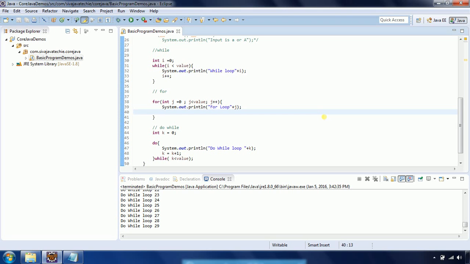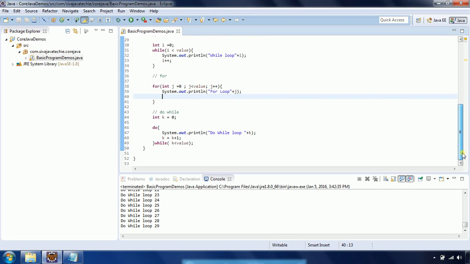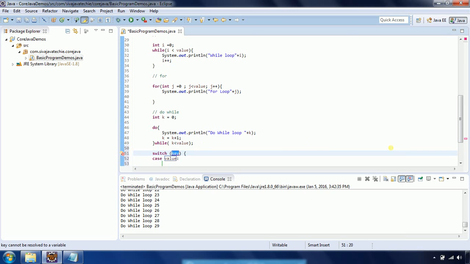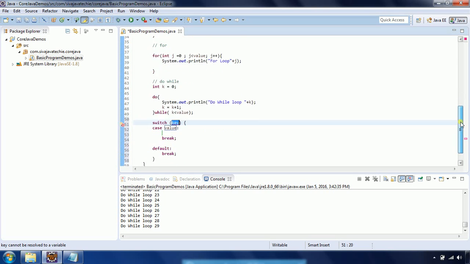Okay, and the next one is switch statements. Okay, so another one is the switch statement. In the case of a switch statement, what will happen,